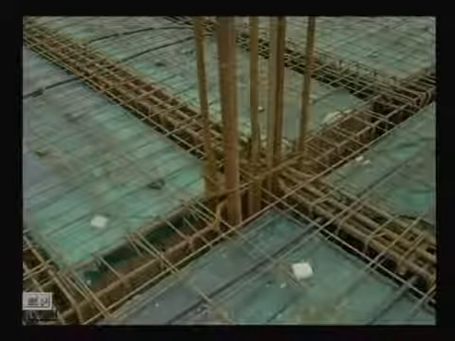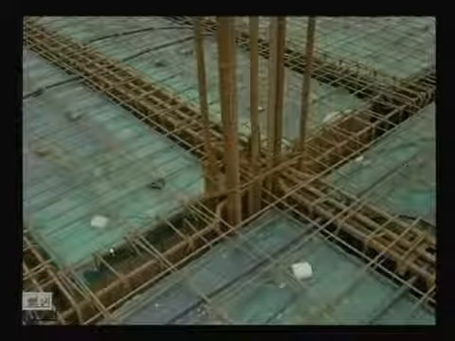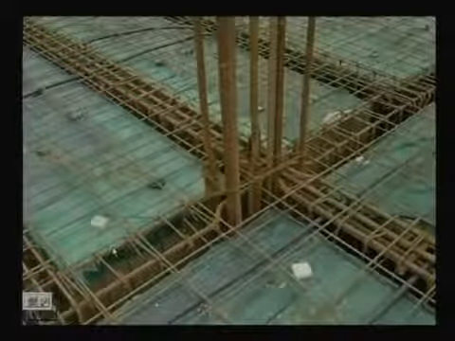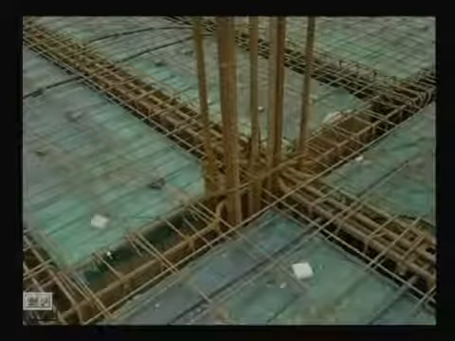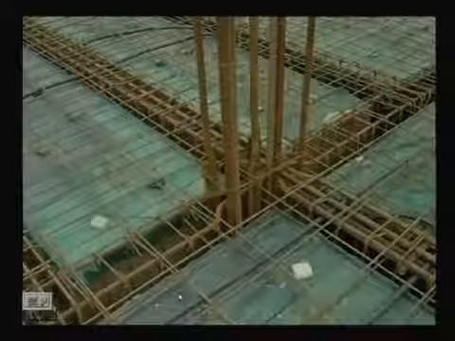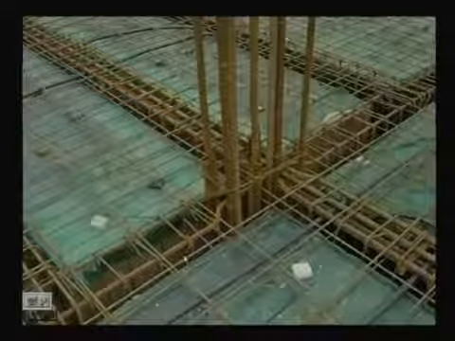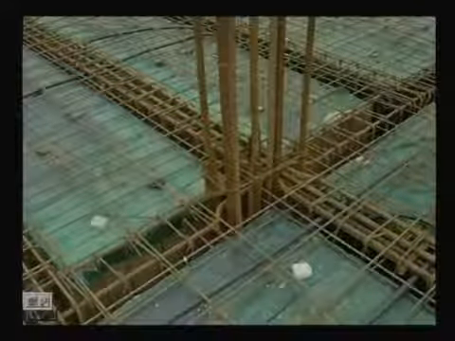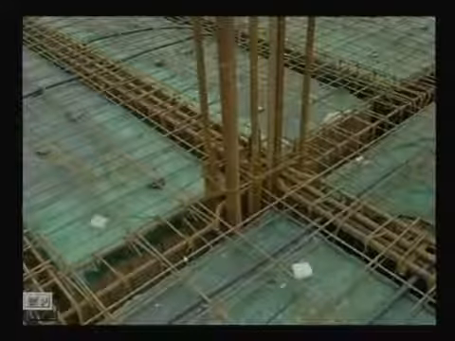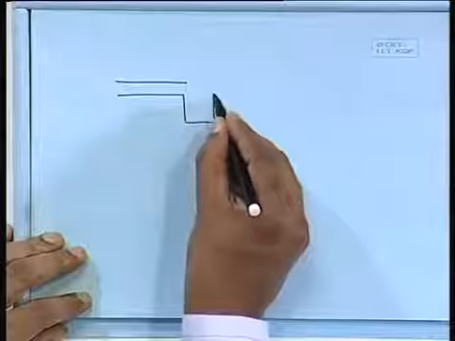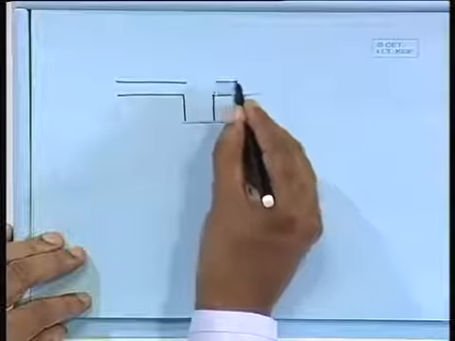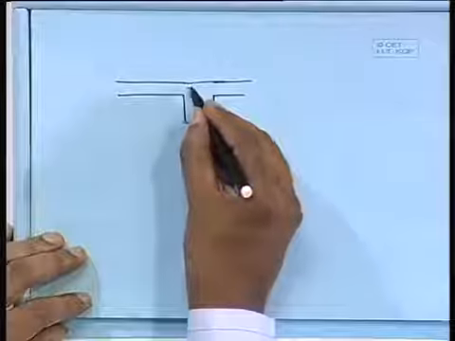Now you also see this bar. If you just subtract the clear cover from the top of the slab or from the floor, you will get this one, that is at the top level. So that means here you can consider that it is designed as a T-beam. What I mean to say is, this is your slab, this is your beam, let us say. So your reinforcement is going up to this